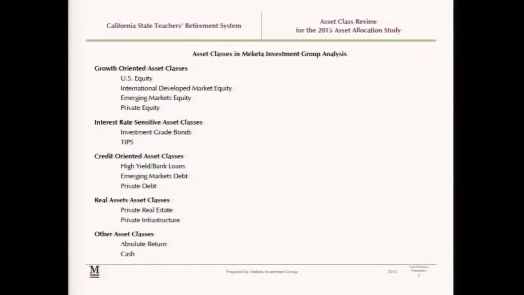The other, I know that staff also noted in their memo, of these asset classes that you see, all of them, to Tom's point, are included within your portfolio to some degree. I think the one that's maybe the least utilized today is emerging markets debt. You may have a few active managers that have exposure there, but really no kind of structure in place to target your fixed income team looking to that area. So that might be one area that when we model out the risk and reward trade-off of that asset class, it looks a little bit different than some of the other areas you've looked at.